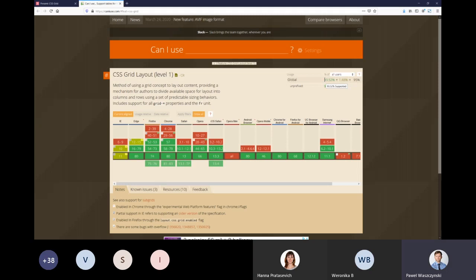And one of these topics is intrinsic sizing, and what does it mean? So it means that you should imagine that you